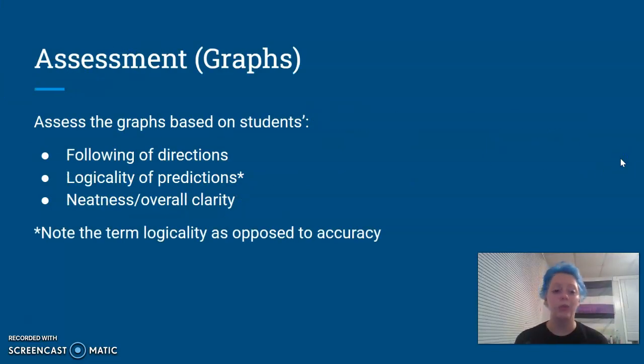You're going to assess the graphs based on the students' following of directions, the logicality of their predictions, and the neatness and overall clarity. Now, I think it's important to note that I use the term logicality instead of accuracy. We're not looking for kids to be able to say, yep, this is why, this is how, this is what's going to happen,